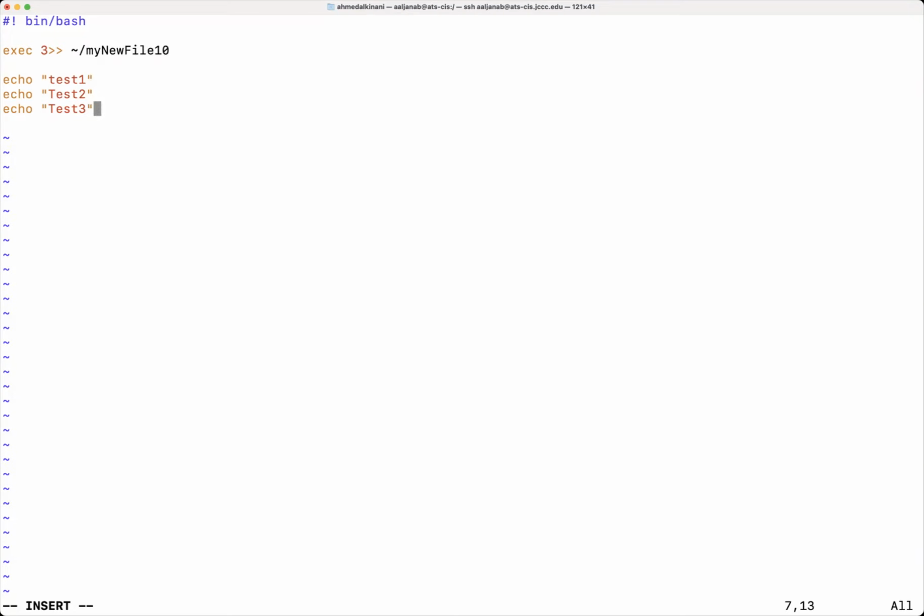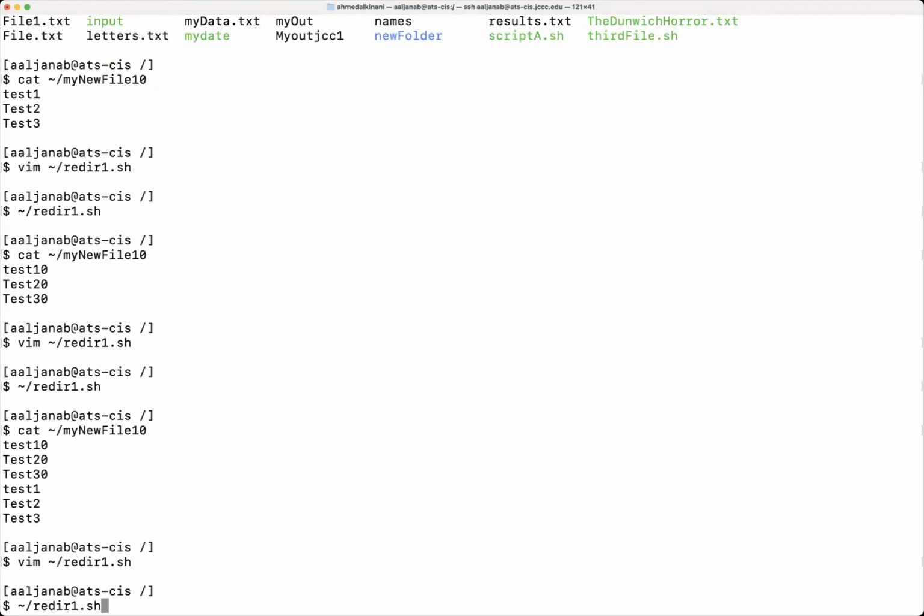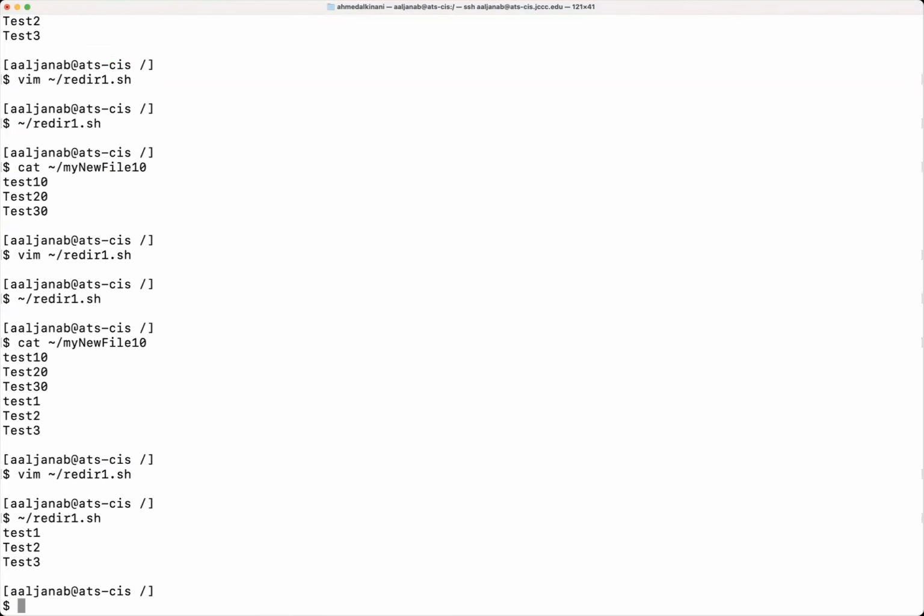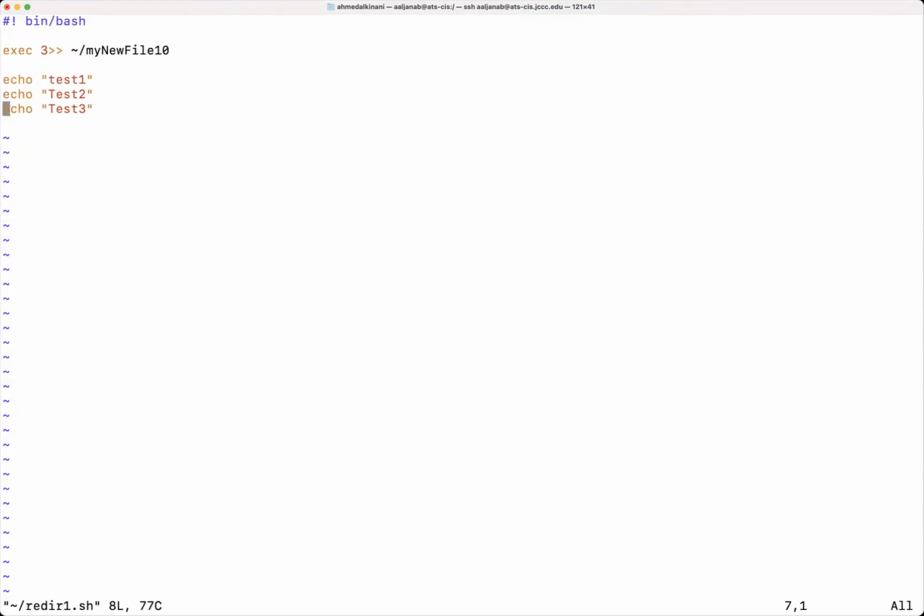So I'm redirecting all these outputs to this file. The question is, what if I take those away? Let's give this a try and run it. Now, if I go back and run it, because I didn't specify where it should be directed, it was automatically directed to the standard output. So if I want to fix this, I need to redirect them to 3. So let's go ahead and put 3 and 3 and 3. The case I'm trying to do here is, what if I want to go back